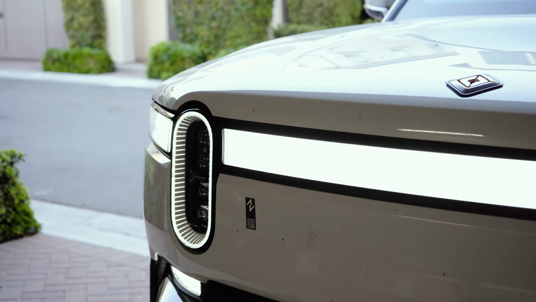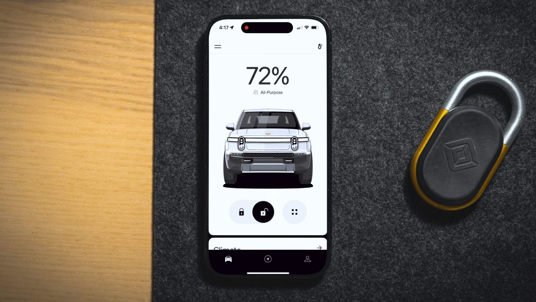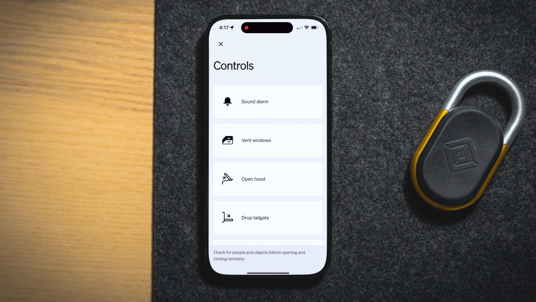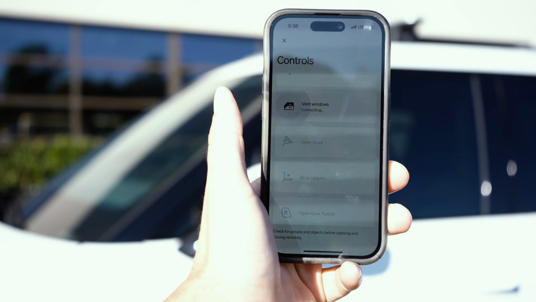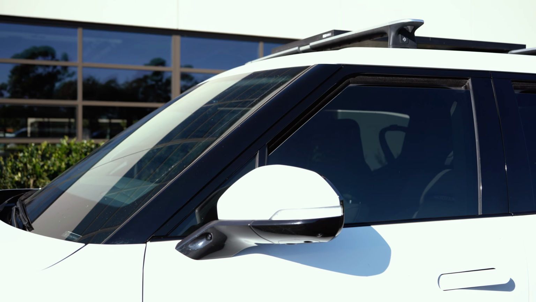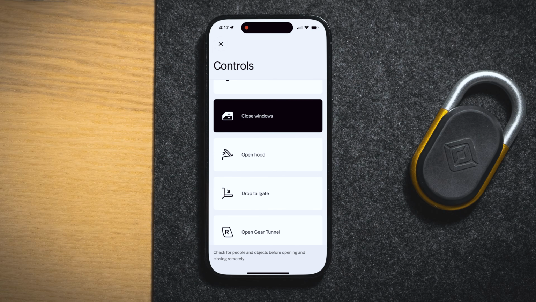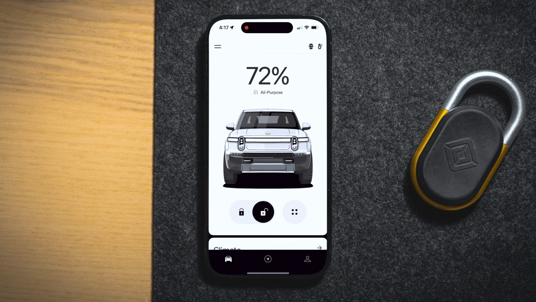This does sometimes take a second through the app. And the little 4 box icon next to that is going to give you some control. So you can sound your alarm. You can vent your windows. So if you just wanted to have a little bit of fresh air coming into the cabin, you can do that from the app. Now, when I do that, if I go back to the home screen at the top right,